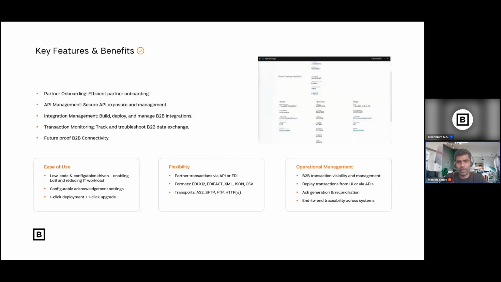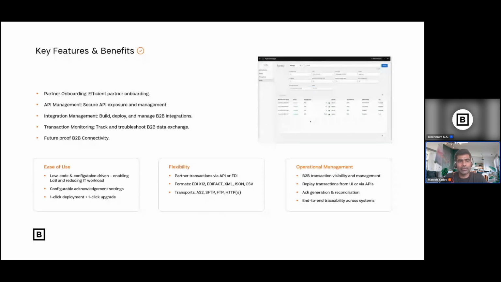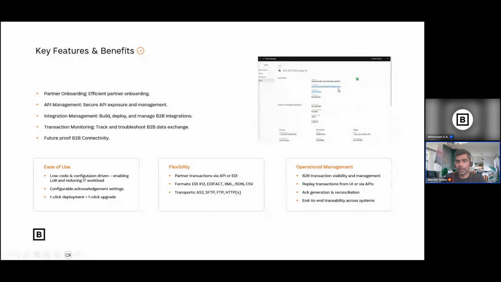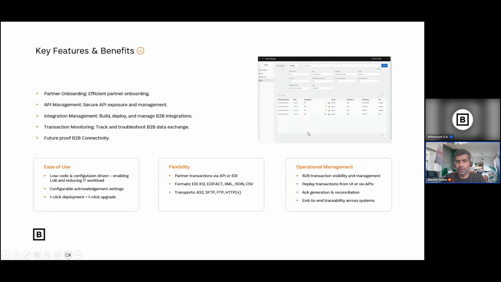Someone mentioned FFD, right? Here you need to use an ESL file to convert EDI to JSON or JSON to EDI. And then during the whole business-to-business communication, there is monitoring. If you see this right side, this dashboard will show you whether your order has been shipped or not, whether your order has been accepted or not, whether you want to replay the order, whether you want to resubmit the order.